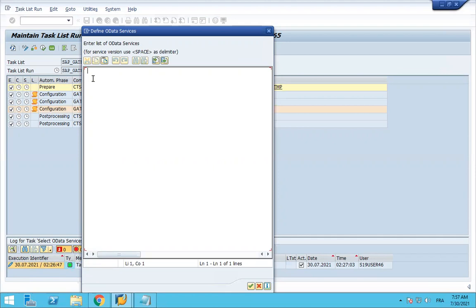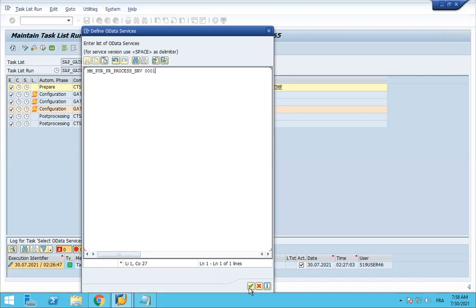In our application, manage purchase requisition, our auditor service is MM_PR_PROCESS_SRV 0001. Okay, I hope this is it.